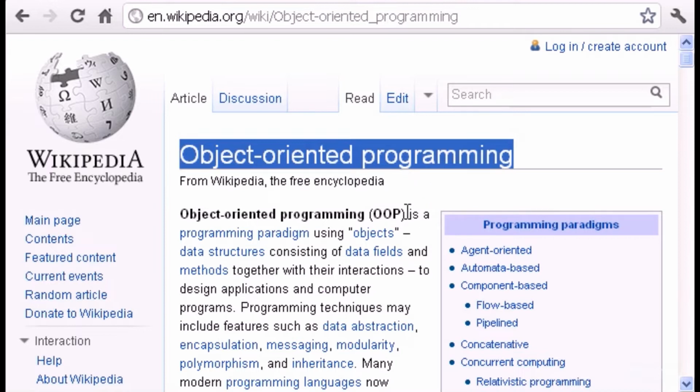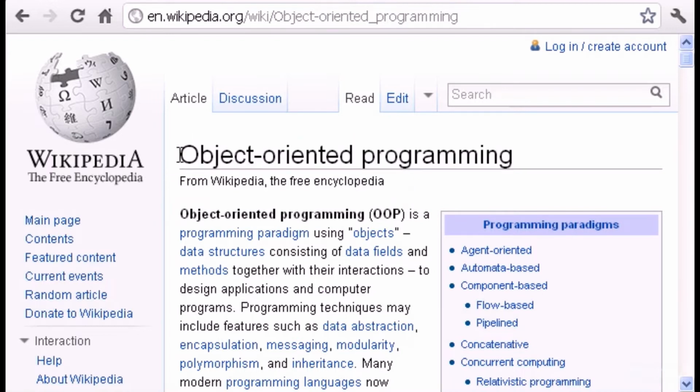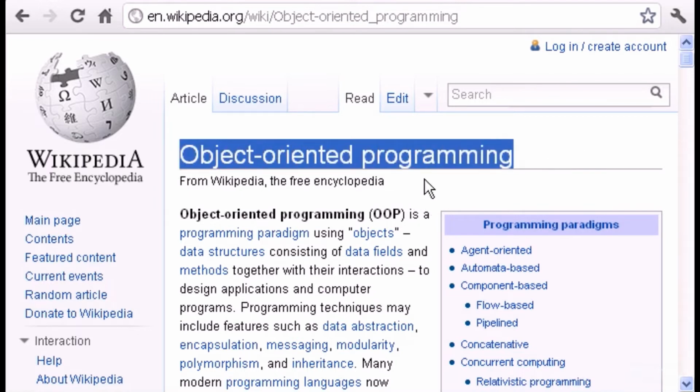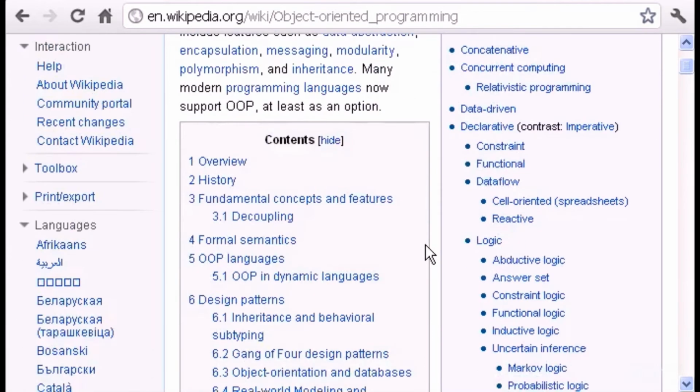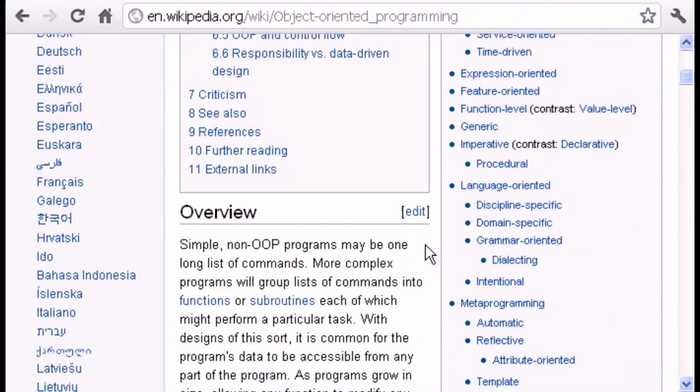I'm going to make another tutorial about frameworks later on. And basically, just think of OOP as a way to organize your code better. Simple as that. But if you want to read this whole page, you'll have a pretty